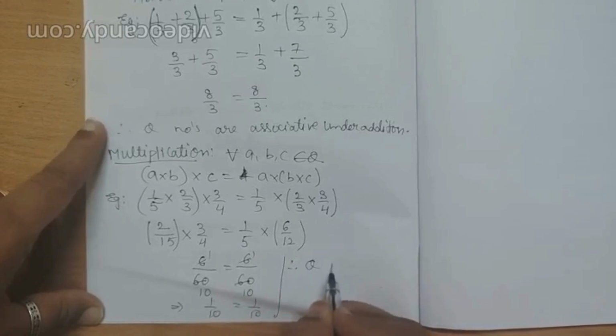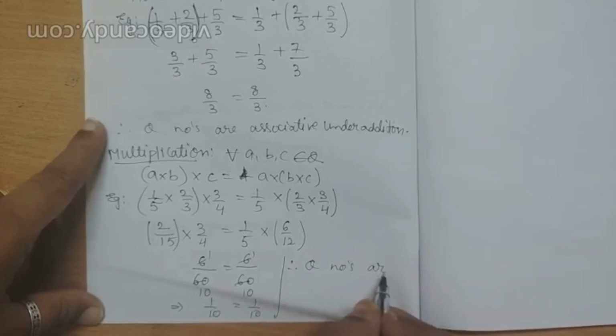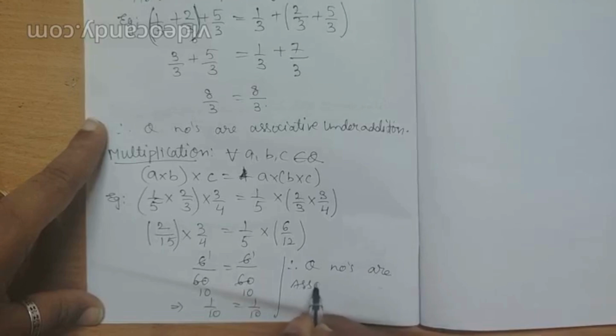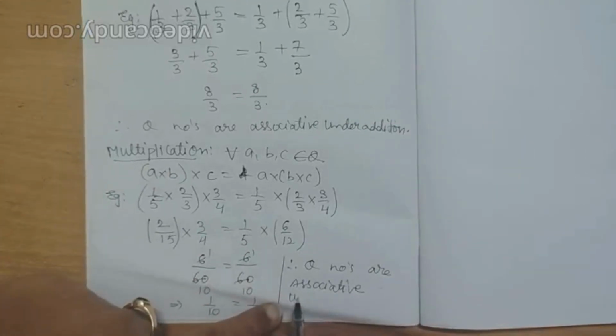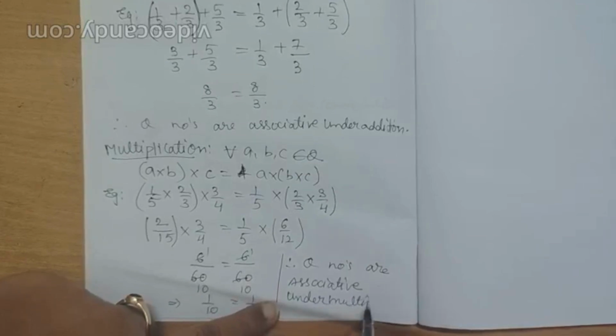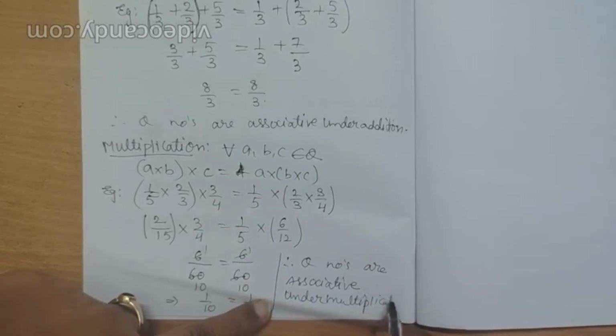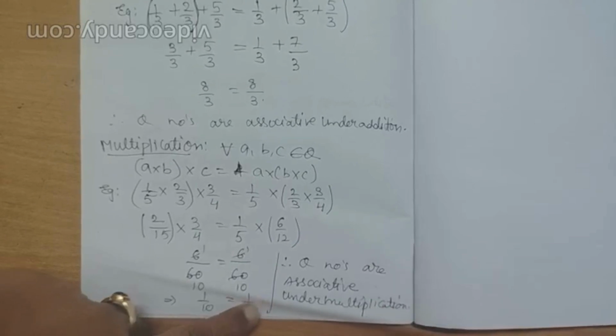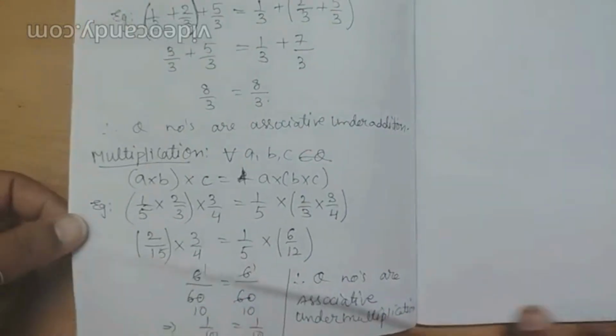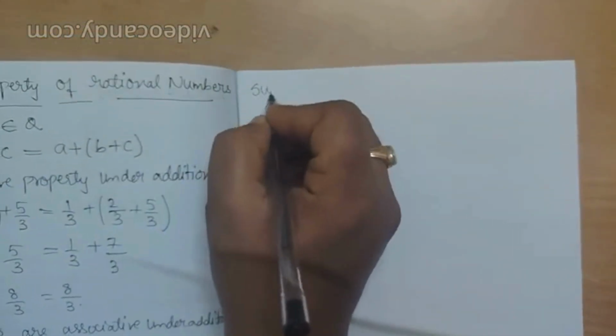Therefore, rational numbers are associative under multiplication. Let us verify for subtraction and division. Under subtraction,